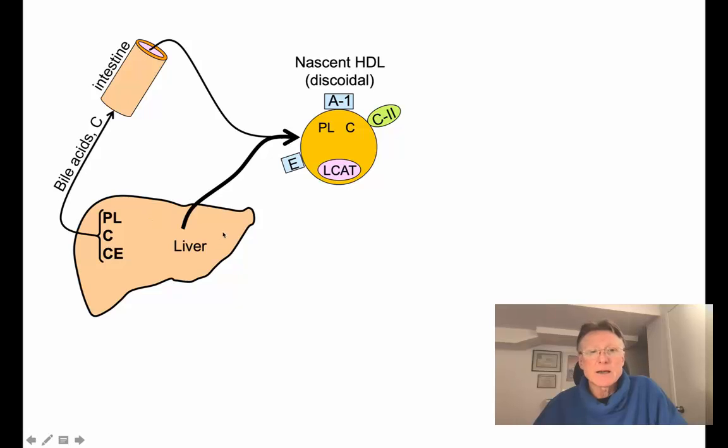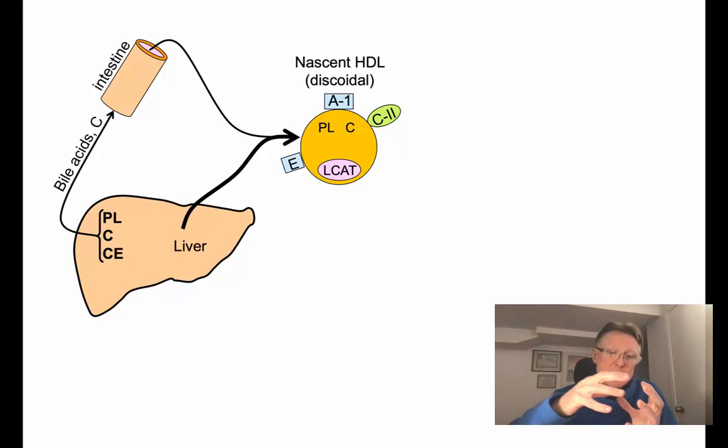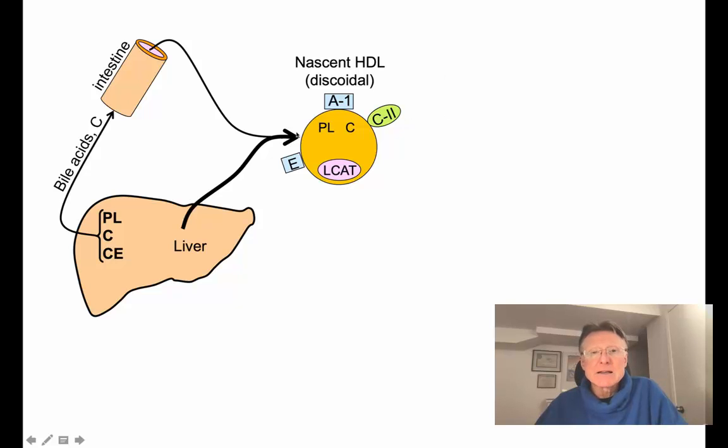But in the circulation, we have this HDL that has just been created, or nascent. We call it nascent because it has just arisen. And it's called discoidal, because it's kind of flat. It has a small content of cholesterol. It's rich in phospholipids and cholesterol, but in small amounts. So instead of being a circular or spherical shape, it's more discoidal because it's flat. It's not loaded with lipids